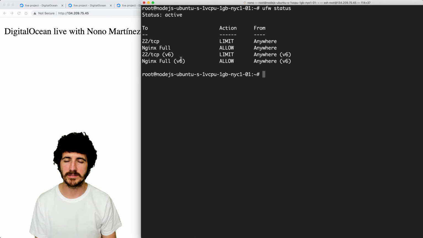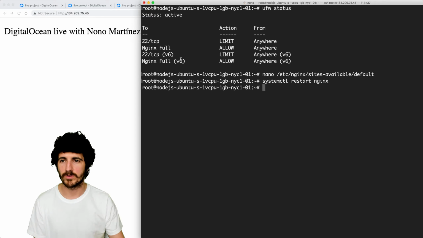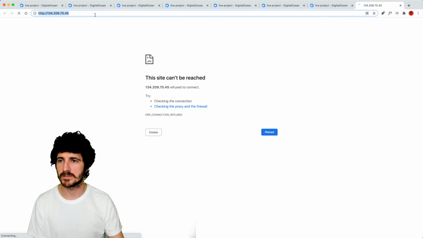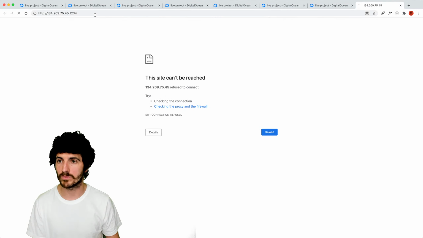Let's just try it quickly. So sites available, default, and where is 80? So we're going to put here 1, 2, 3, 4, 1, 2, 3, 4, and we're going to do systemctl restart Nginx. All right, so now this doesn't exist anymore, but what if we go to this?